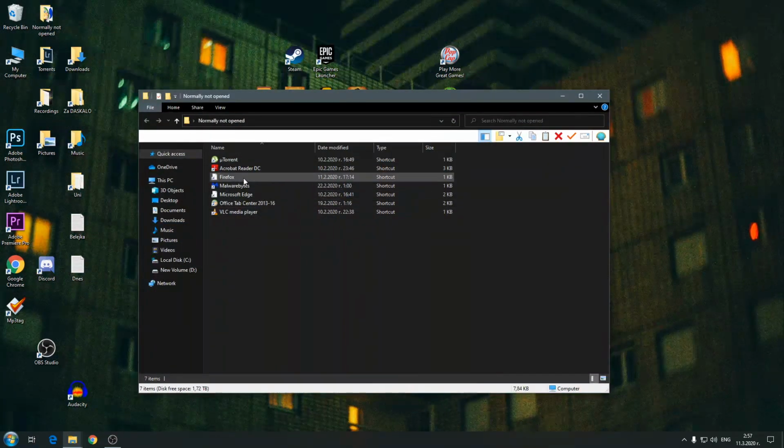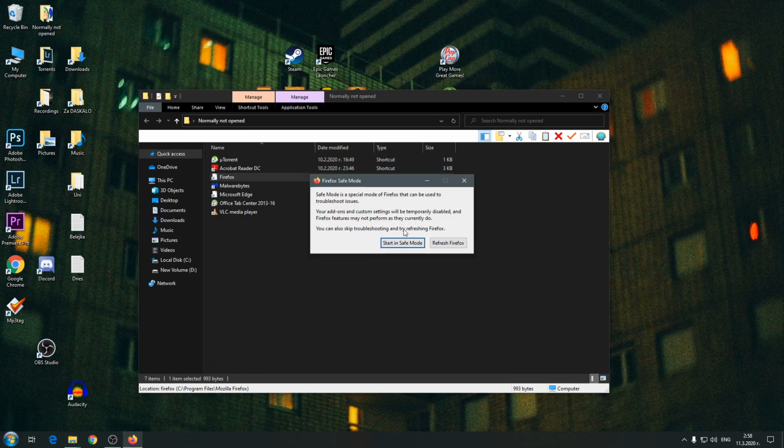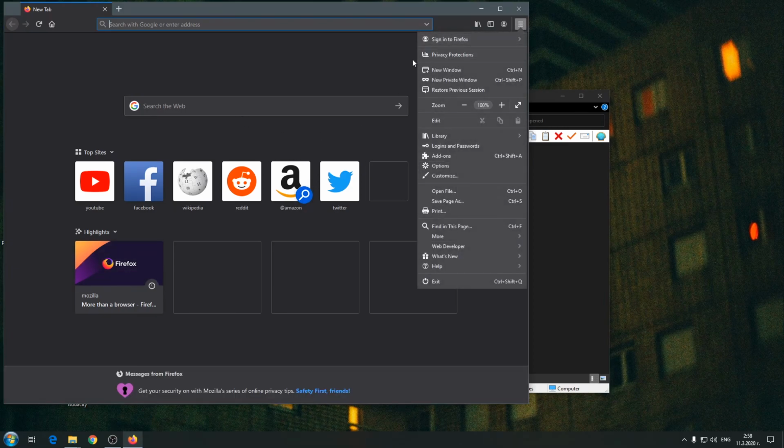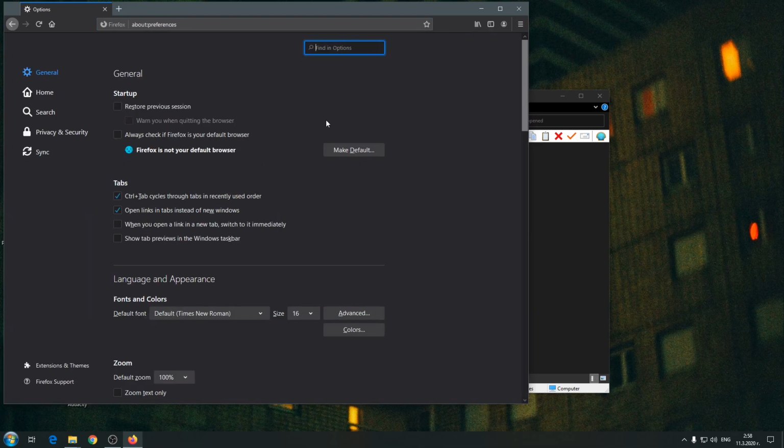You go to Firefox, but you have to start it in safe mode, that is. So you have to shift click it. I should double click it and it will ask you to start in safe mode. After this, go into the options tab, and after that